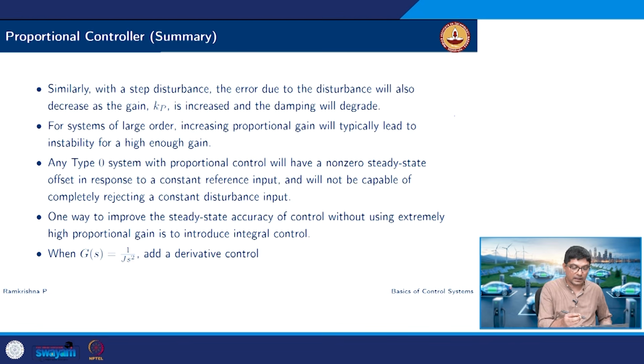So, any type 0 system, where there are no poles at the origin, with proportional control will always have a non-zero steady state error in reference when it is tracking a constant reference input, and it will not be able to completely reject the effect of disturbances. Okay. Now, therefore, what else can I do? I can just keep on increasing or decreasing gain, or I can do something better, and that is where we will look at the